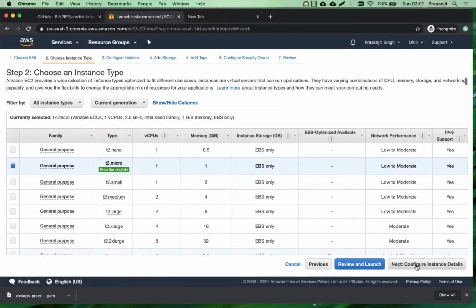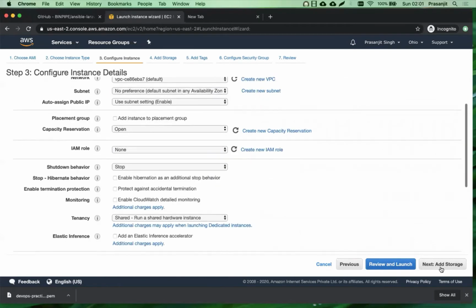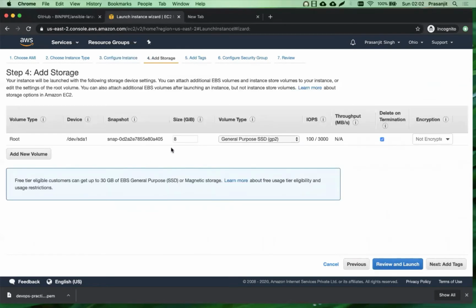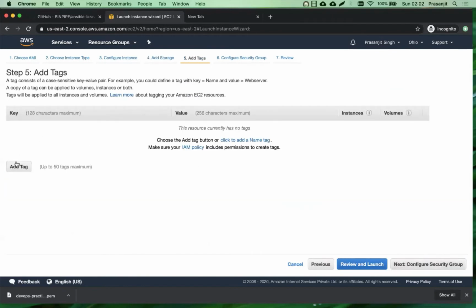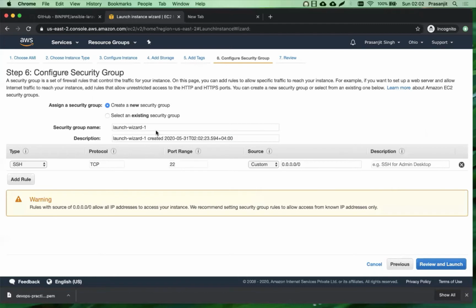Configure instance details. So we move on to the next step now. Here we use the default VPC and everything. We will need two instances, so I just make it two. This one, let's make it a bit more because we are going to install that website and all. So 15 gigs each of hard disk. Next, we can add a tag. That tag says environment is production because we are trying to mimic a production environment. And that is all. Next is our